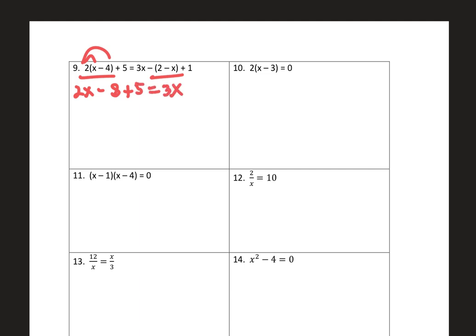And again, this is negative here, so we have -2 and then a positive x. And then we still have the plus 1. So let's combine. This becomes 2x minus 3 equals, we have a 3x and a plus x gives us 4x. And we have a -2 and a positive 4 gives us positive 2. And so